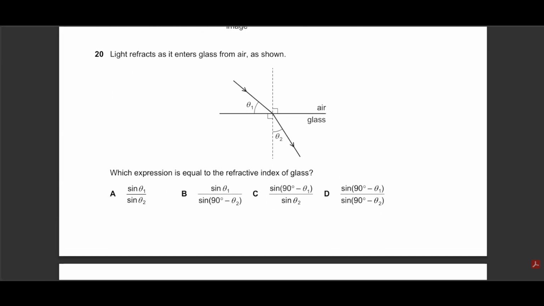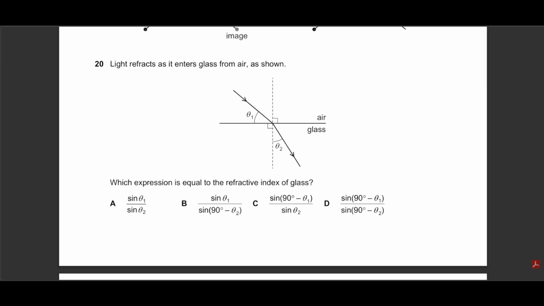So this MCQ is not only a question, but it's also a guide if you get the same question in P4 or structured question. Question number 20, very straightforward, very simple. We have to apply the refractive index formula, so that would be simply n equals sine of angle in the rare medium divided by sine of angle in the dense medium. So